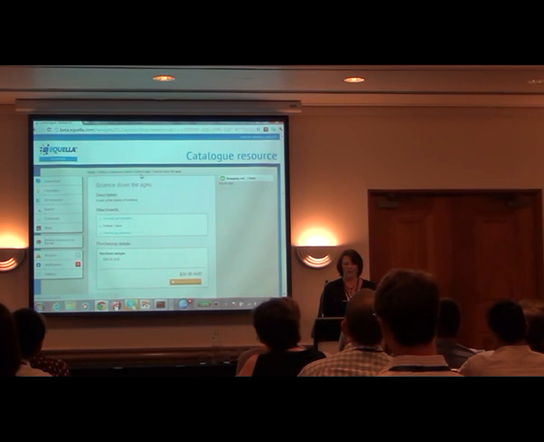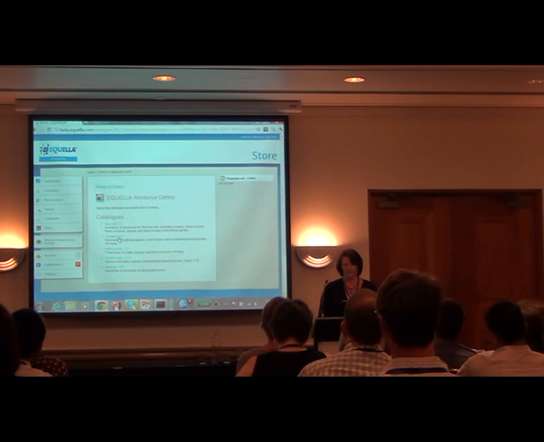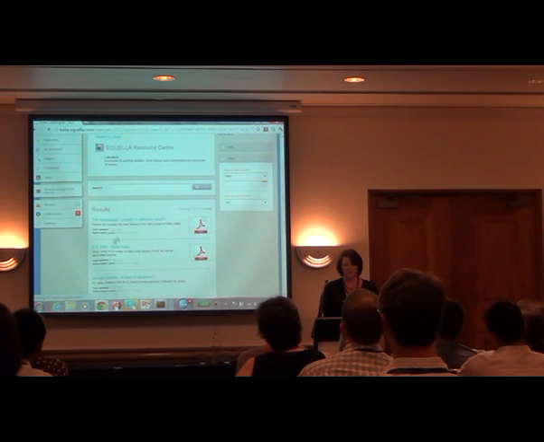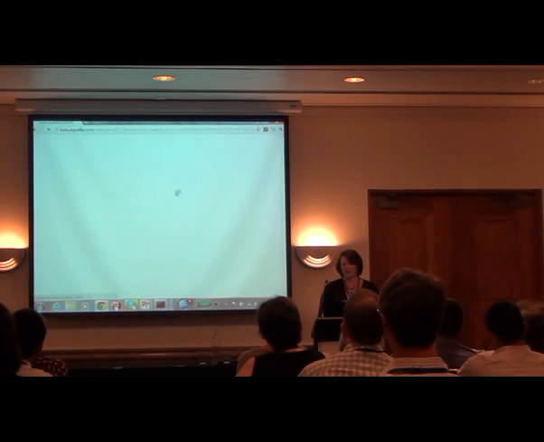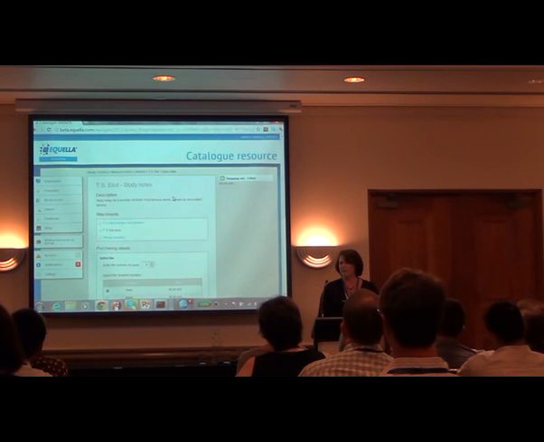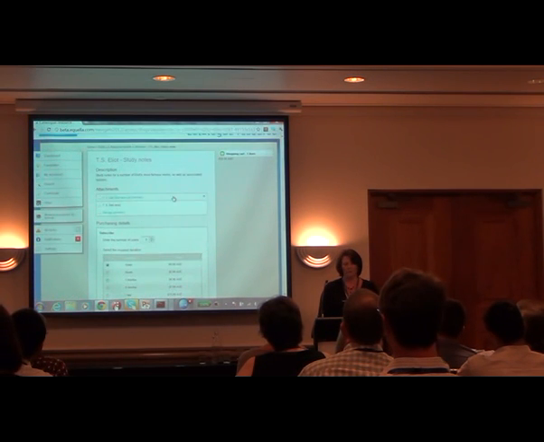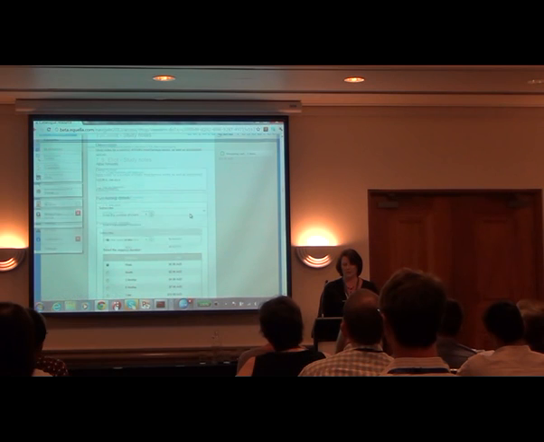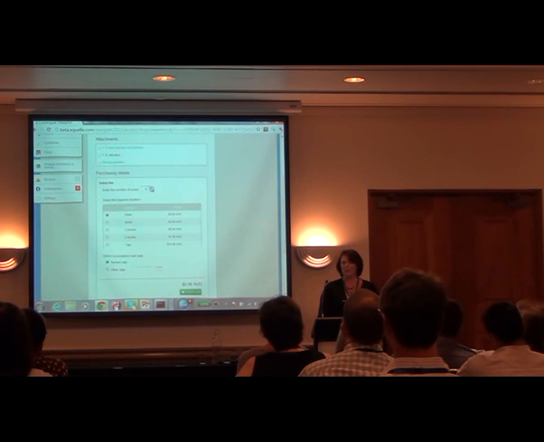I might want to go and have a look in a different catalogue. Literature for this example, and pick a resource. And this one is set up as a subscription-based pricing model. So I can see my preview attachments. I can also pick the number of users I want to buy the subscription for.